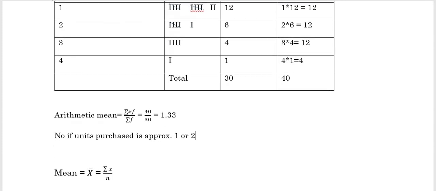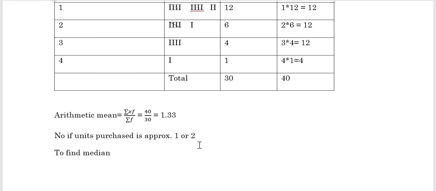When we proceed to the median, how do we compute the value of the median? In the case of a discrete frequency table, to find the median, first of all, we will have to calculate the cumulative frequencies.